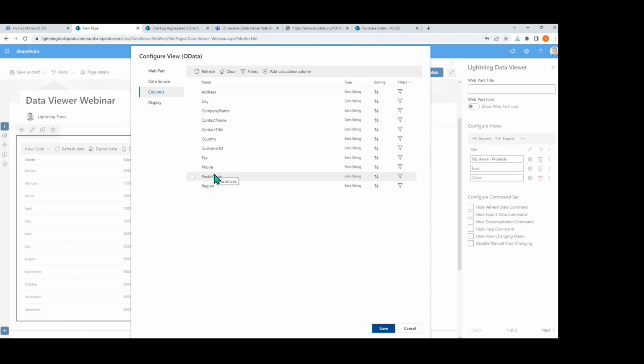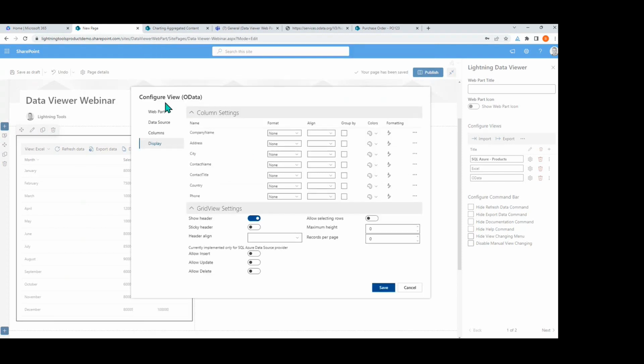So the only tab that ever changes in the data viewer is that data source tab. Of course, depending on the data source that we choose, is going to require different information. So OData is simply just expecting the service URL and any credentials to access that. This one happens to be not requiring any credentials. So then I can go in and choose the columns that I want to show. So I'm just going to pick up those address columns, anything that I feel is relevant, of course, leaving facts behind. And then when we go into the display, now we can actually start getting into some of the different